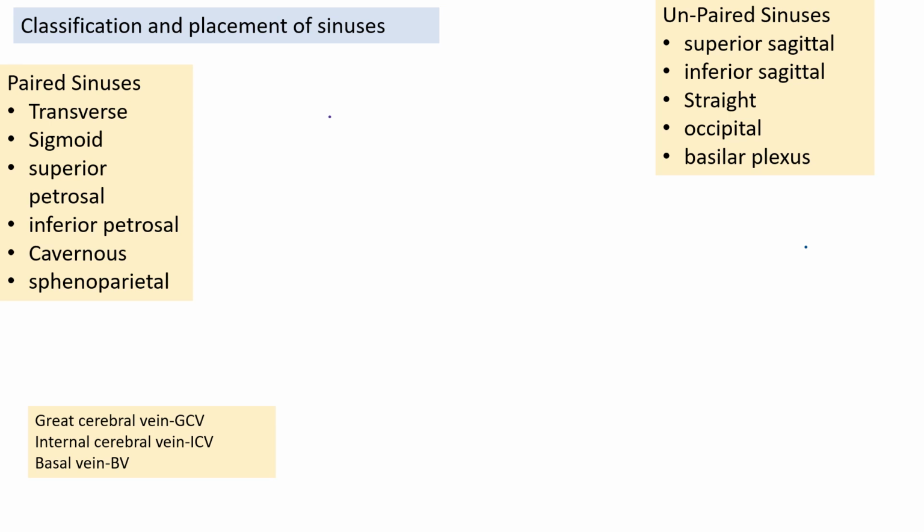So there are many venous sinuses. Some are paired, some are unpaired. Paired venous sinuses are present on each side of the cranial cavity, whereas unpaired ones are present in the midline. If I have to draw it, the superior sagittal sinus would be like this, present along the attached margin of the falx cerebri, reaching up to the internal occipital protuberance. Then it is continuous with the right transverse sinus, which is continuous with the sigmoid sinus, and then with the internal jugular vein.